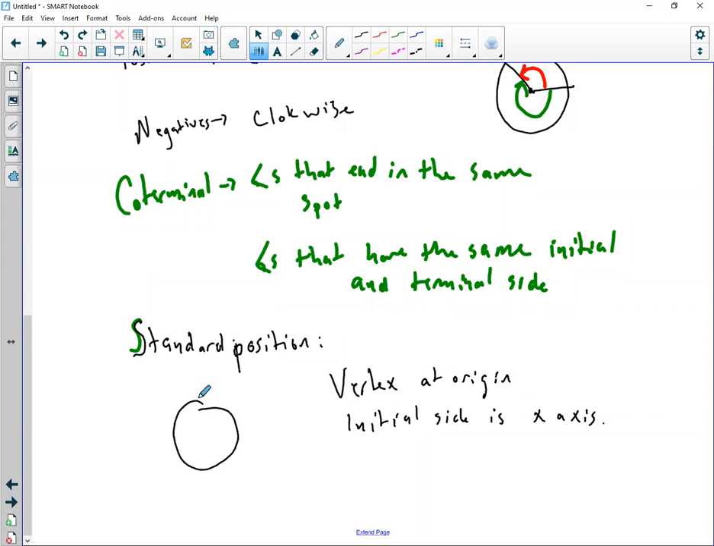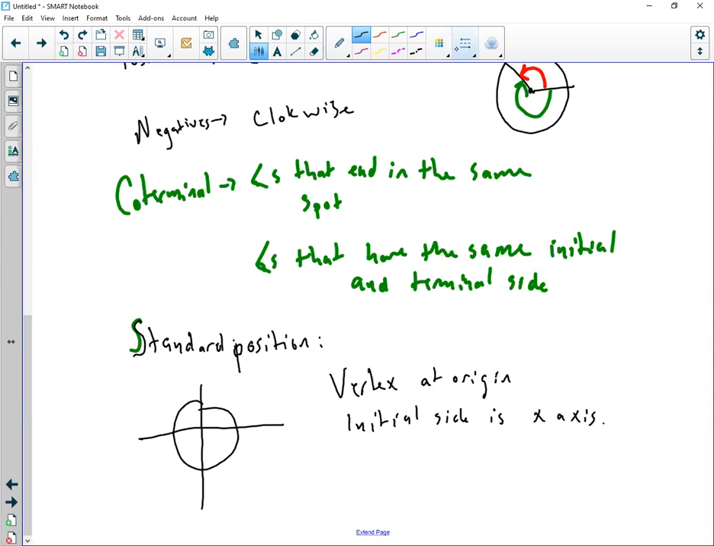Where we have a unit circle, the origin. Remember, if a unit circle is being graphed, this would be the origin, right? This would be where the origin is located. And then the initial side would be the x-axis, which means that it would